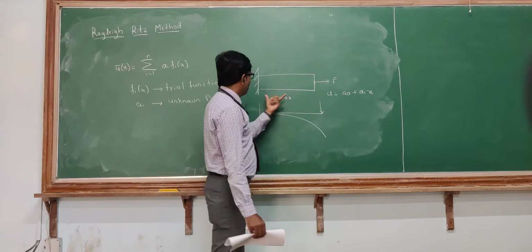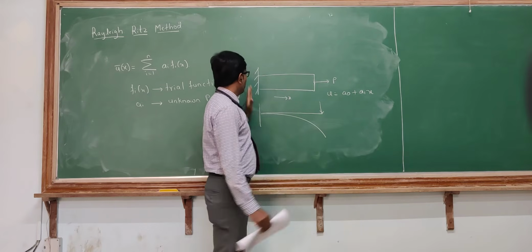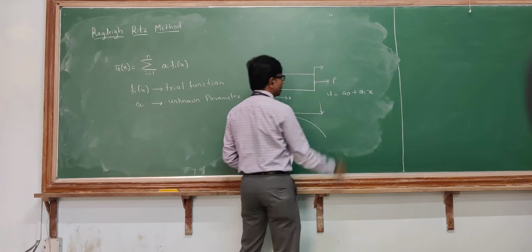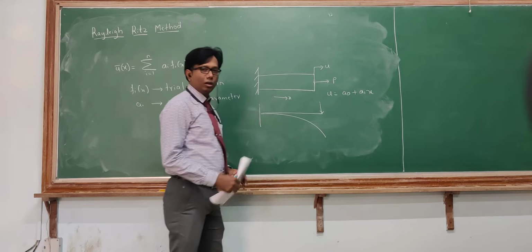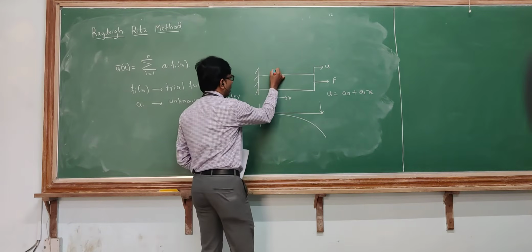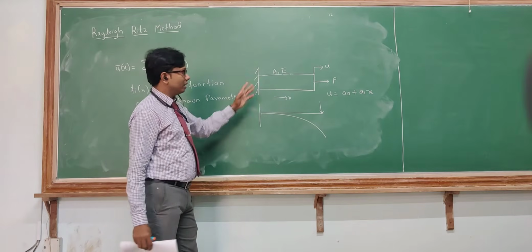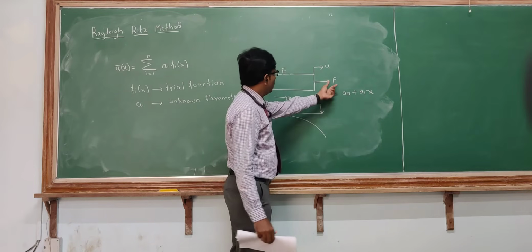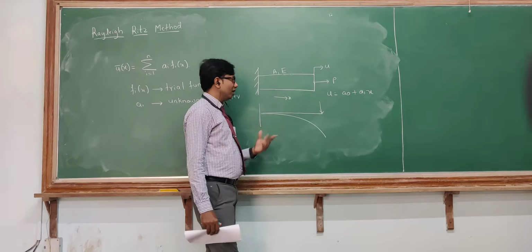So here we'll be trying to find out what the displacement is. If I see here, one end is fixed and one end is free to move, so the displacement is happening at this particular point. What is the value of displacement with respect to the given condition? For example, if I take a bar, they will give you the area as well as the Young's modulus for this particular problem. You will have to calculate the value of displacement with these three parameters. So I'll assume the displacement is a linear function.